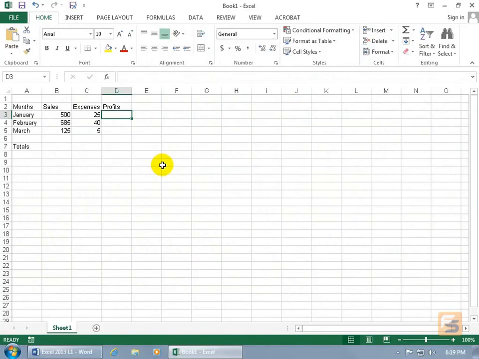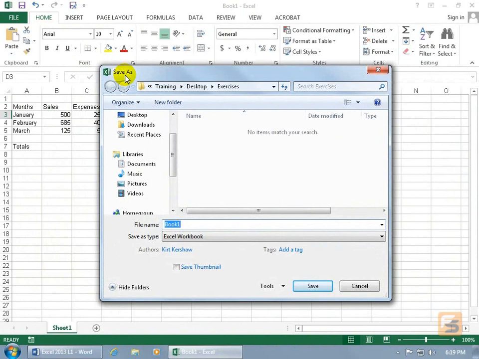Now before we go any further, I recommend that we save our workbook. You can see up here on the title bar the generic name, that is until we save it and give it a new name. To save it, let's come over here and click on the Save button on the Quick Access toolbar. If this is the first time you're saving your workbook, it performs a Save As,